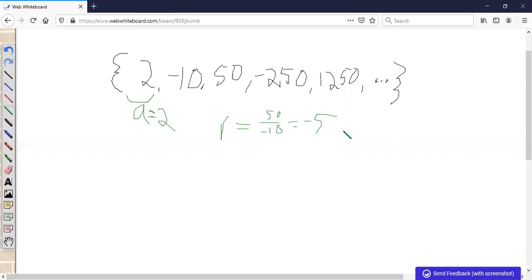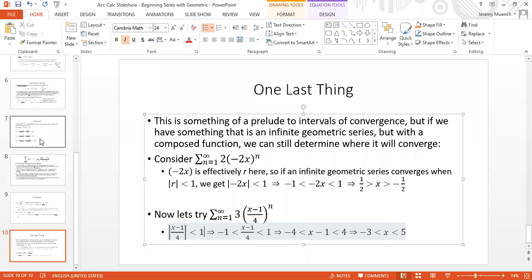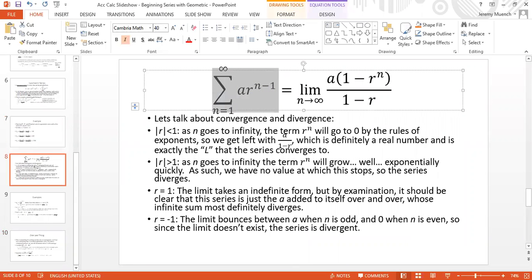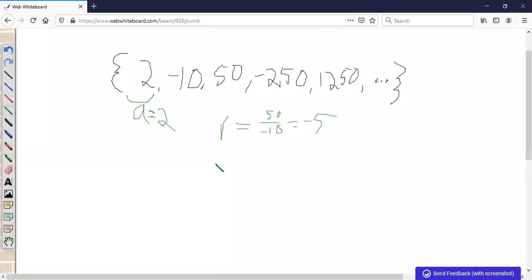Or I'll provide it in a format that forces you to assume it's geometric just by actually looking like this. So going back to